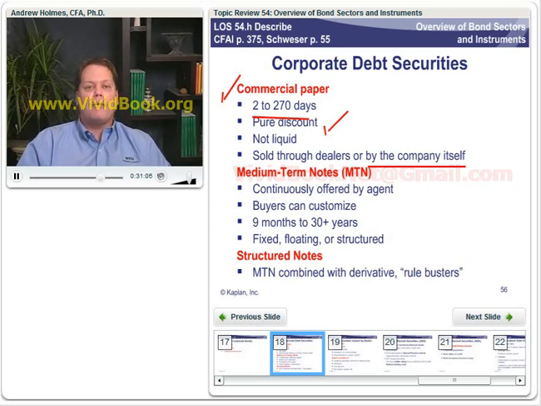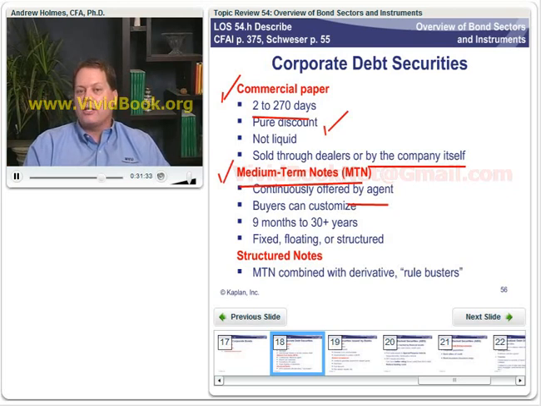My nominee for the worst named security is a medium-term note. What are medium-term notes? Well, if you just asked me and I didn't know what I was talking about, I would say, oh, they must be kind of medium-term, maybe 10 years-ish, right? Well, anyway, a medium-term note has nothing to do with being medium-term. These are continuously offered by an agent. And what that means is if you have a potential buyer, they will call the agent and say, look, I